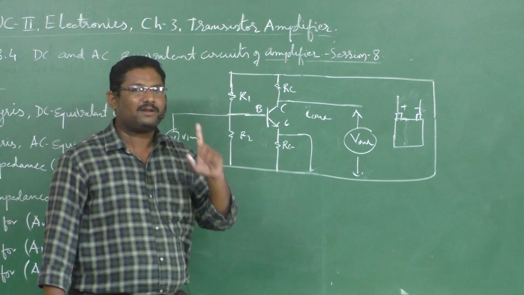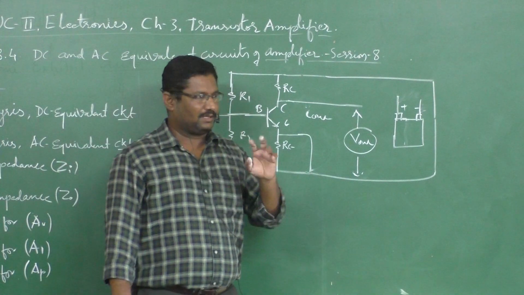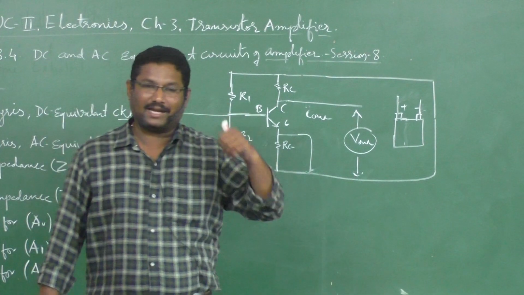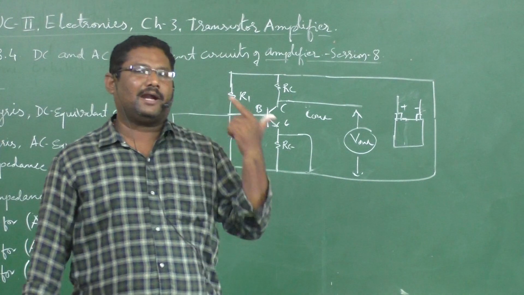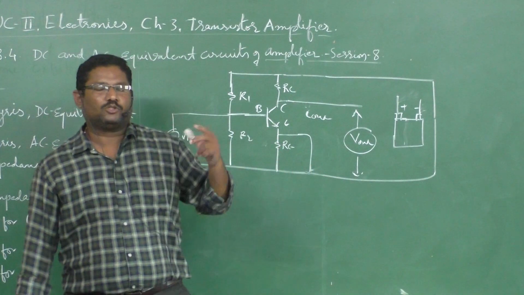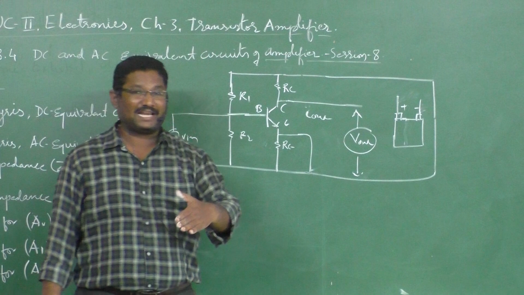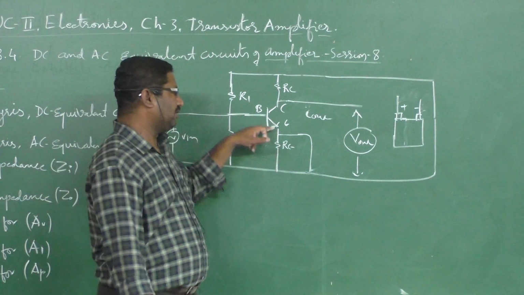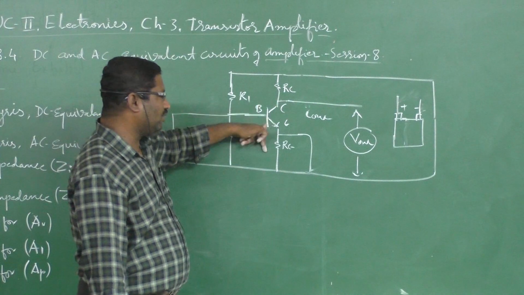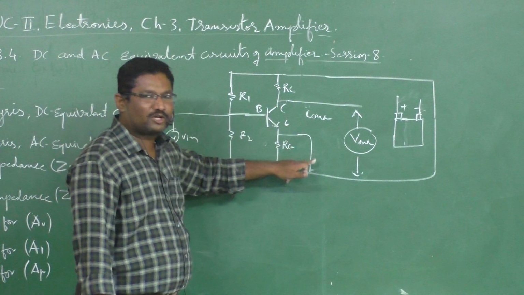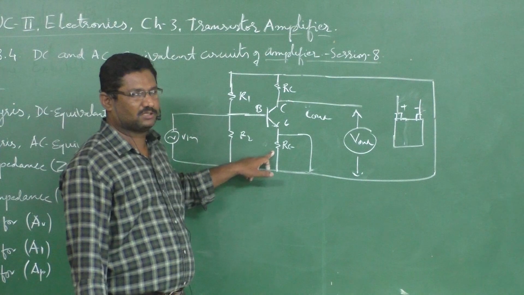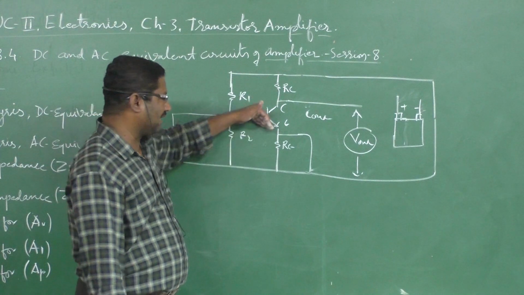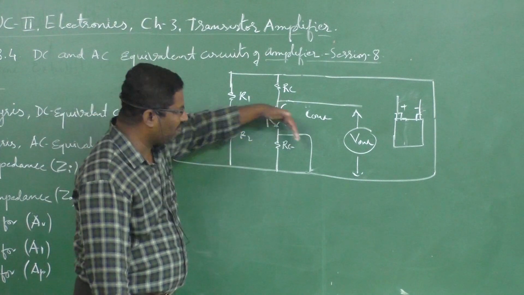So always remember, current, air pressure and water, these three things always flow in the direction where there is low resistance. So if the current is more here, this current will go here or go here. Here there is zero resistance, but here there is some resistance. So the current will not follow this path, the current will follow this path.